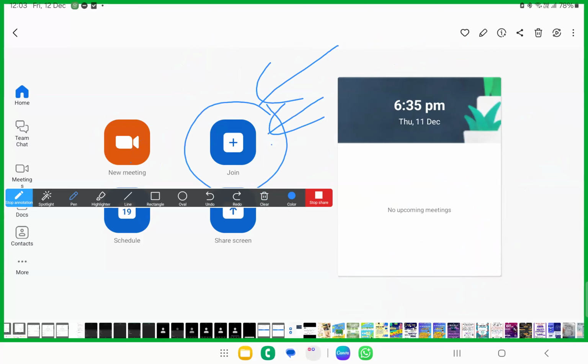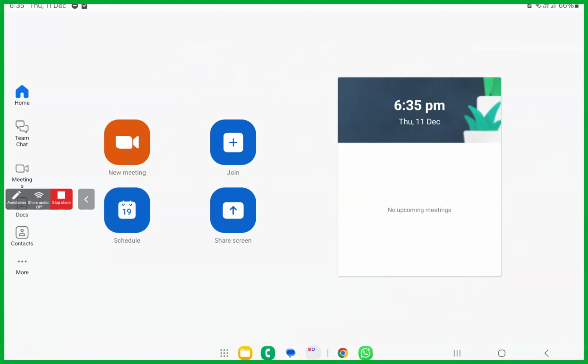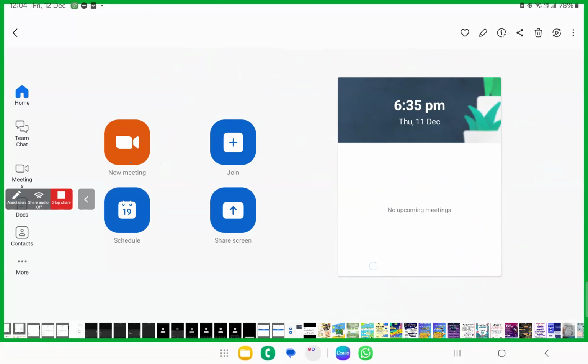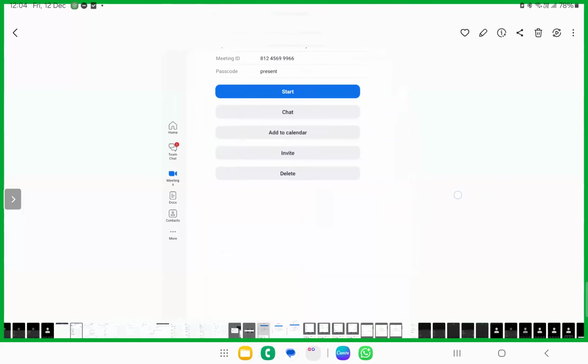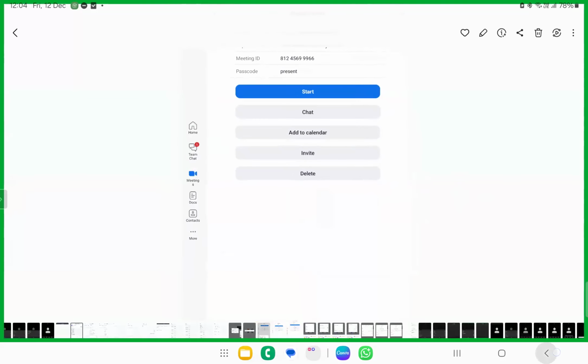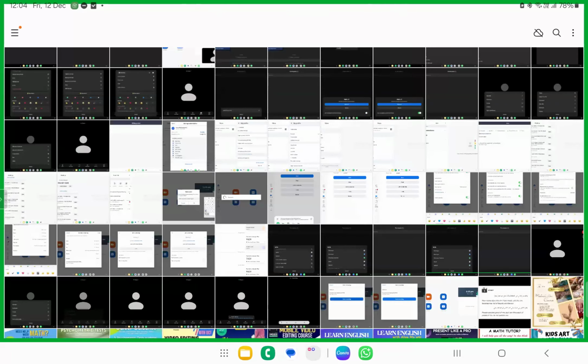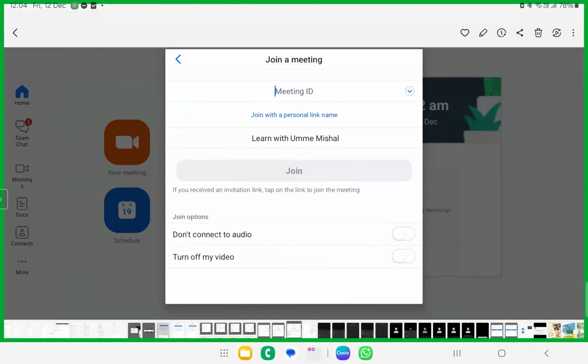If I just shared the link, you just have to click that link and you will be joined into a course. So how to do that? Once you click on this join button, you will be landed onto the meeting ID. They'll ask you what meeting ID you want to put over there. That is something that you have to put into the box, and then you just go ahead. Okay, it's here, meeting ID, and then you have to enter your name, right? You can even rename that once you're inside it, right?